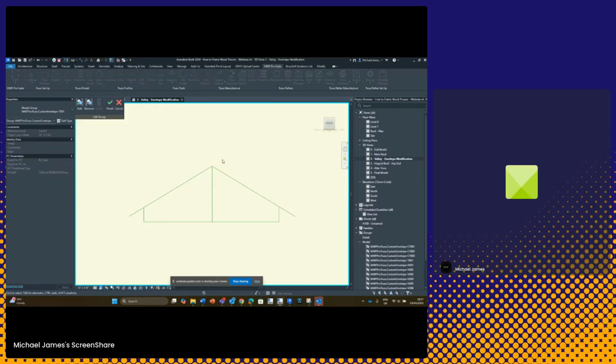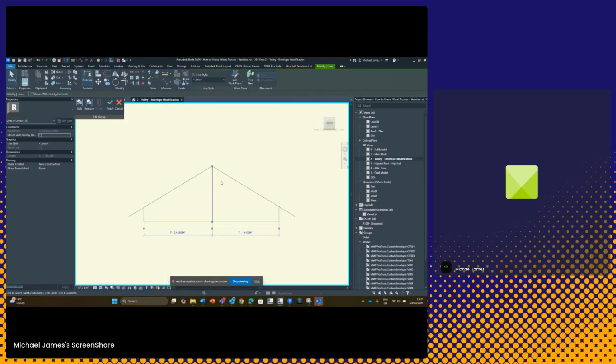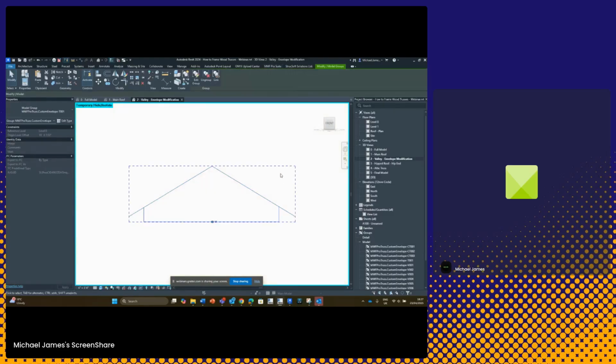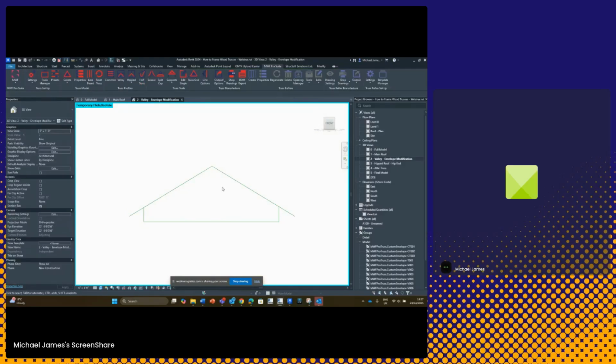Before I can use the scissor truss tool to generate a new profile, I need to get rid of this supporting element in the middle. I'm going to firstly delete that. Secondly, I'm going to hit finish. I've taken a measurement beforehand, so I know the distance I need to offset in order to replicate the window